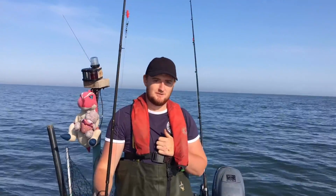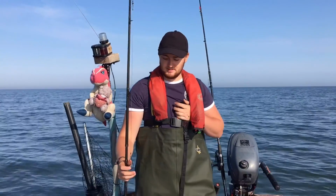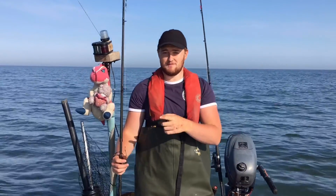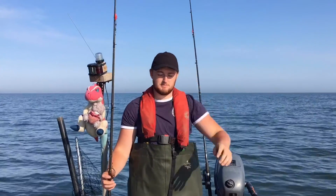We're out here now on the tope mark. We're about 6 miles offshore. We're going to try bottom baits on big traces for tope, rays, spear dog, huss, things like that. Meanwhile, Dad's going to get the feathers out, try and get some fresh bait. We've got a ton of bait anyway, but we'll try and get some fresh mackerel and whiting if we can